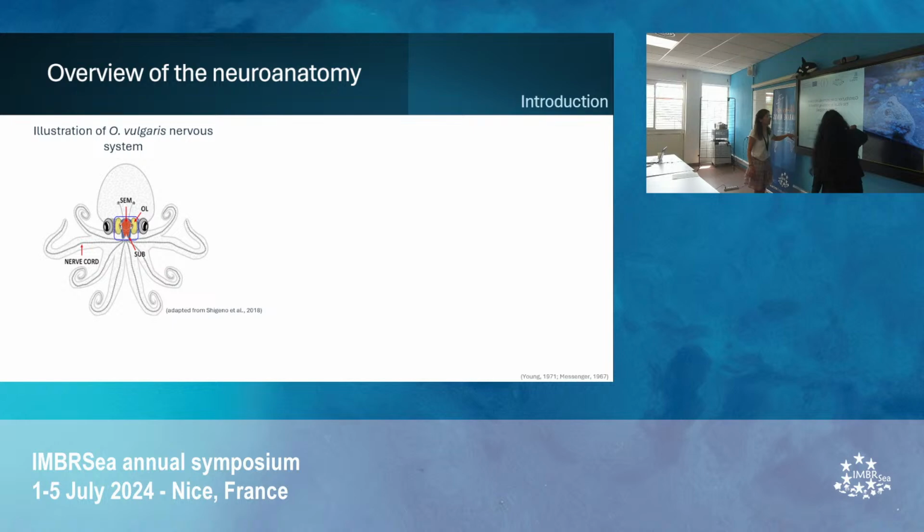But before we talk about the neuromodulation, we need to understand the anatomy of the octopus brain. The nervous system is present between the eyes of the octopus, with the optic lobes just behind the eyes. They have a central nervous system which possesses a high degree of centralization and consists of two lobes: the supraesophageal mass, present dorsally to the esophagus, and the subesophageal mass, present ventrally to the esophagus. So it's around the esophagus, and they have 8 nerve cords which innervate the 8 arms.